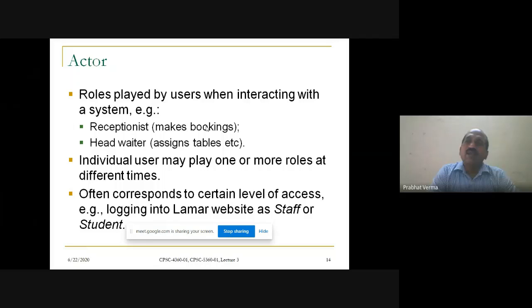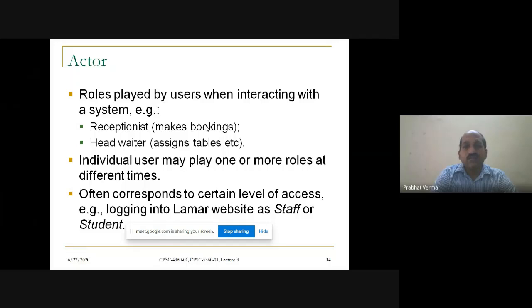For example, in a hotel management system, in the restaurant management system, we shall take an example here for our demo class, that is the restaurant management system. In the restaurant management system, we have a restaurant, for example, which runs in the evening time, and there are various slots into which the tables can be booked. There is a maximum number of tables that can be available for the customers.